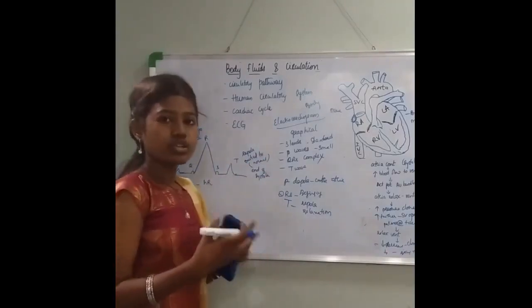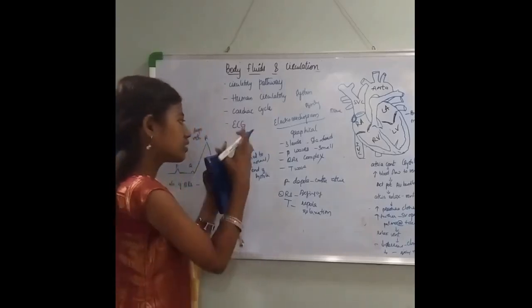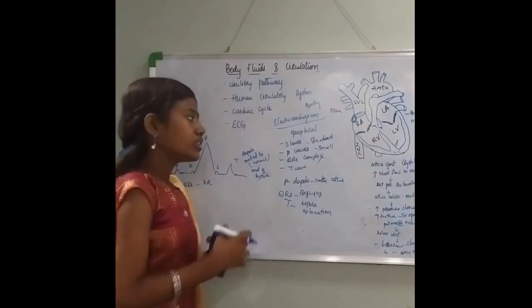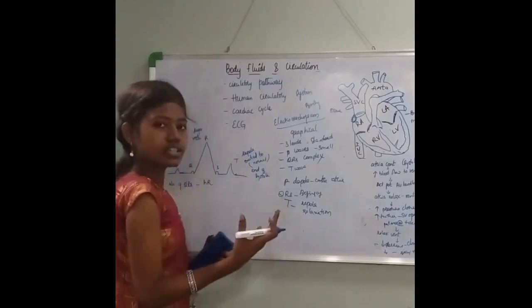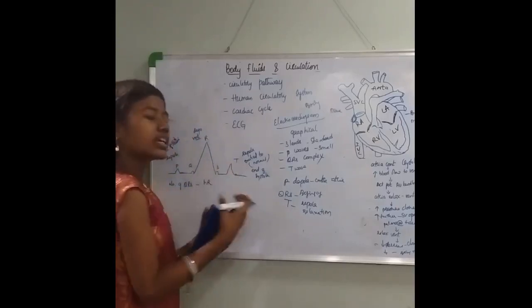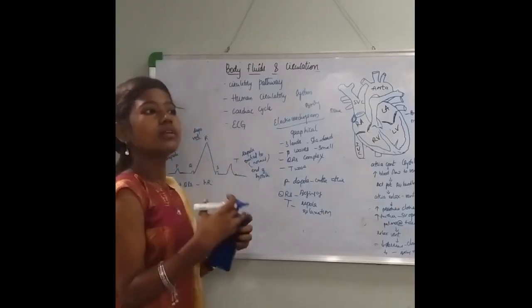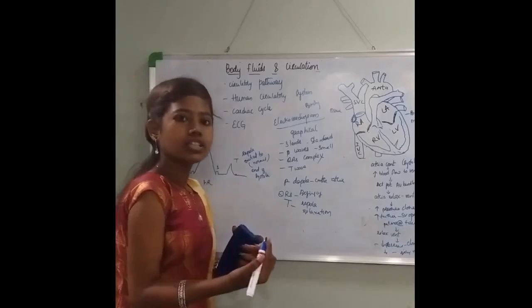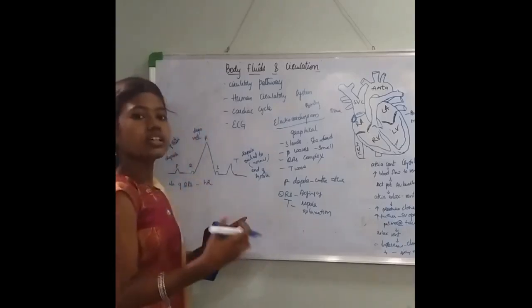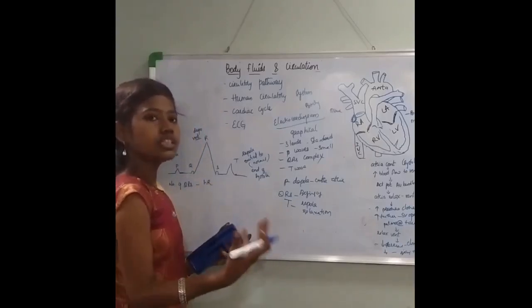Any observation of abnormality in this ECG will show you abnormal conditions of the heart. Though the graphical representation of all individuals will be the same, there are some alterations which can be detected in pathological conditions. So with the help of this ECG, you can detect various kinds of disorders of the heart.